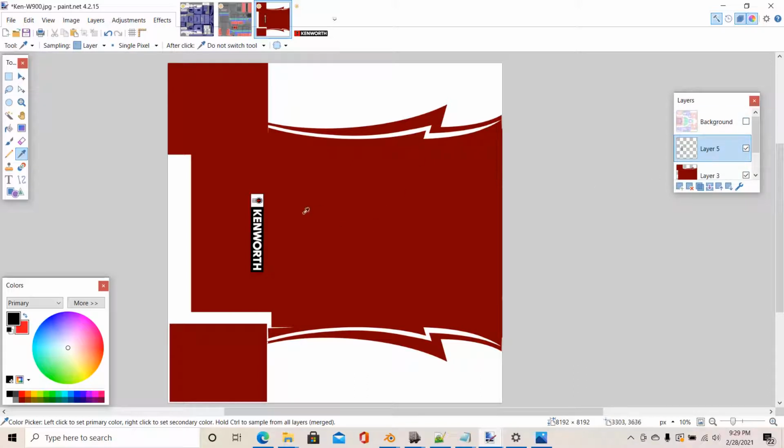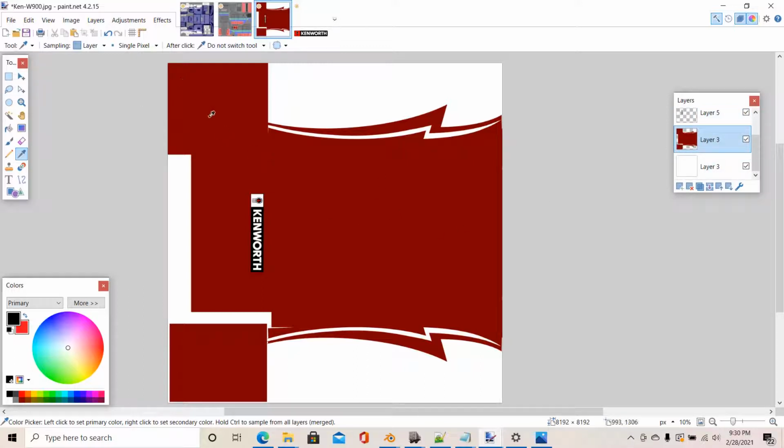So what we need to do, we need to put this red on what's called an alpha layer. It sounds pretty technical, but basically what it means is the absence of color. We want this skin to be white with no color where this red is, because we're going to replace that in the game. So like I said, if we want a color to disappear, we have to make it all black. So if we go to our layer that has the red on it,